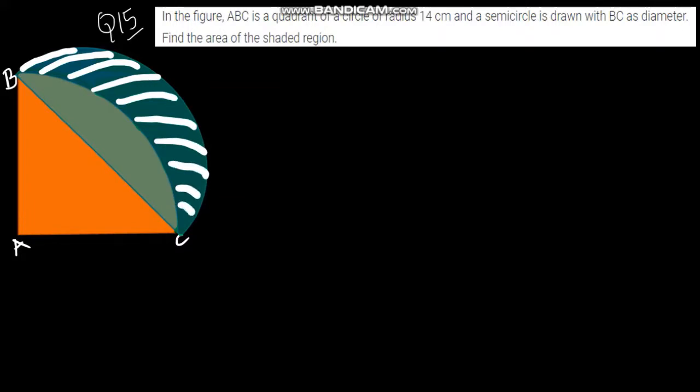Now how will you find? Children, you can find the area of this shaded region by subtracting the area of the segment enclosed by the chord BC, from the area of the semicircle drawn on BC as diameter. Okay, so let us see how we can do it. To ease our problem, let us divide this into three parts. This is part 1, part 2, part 3.